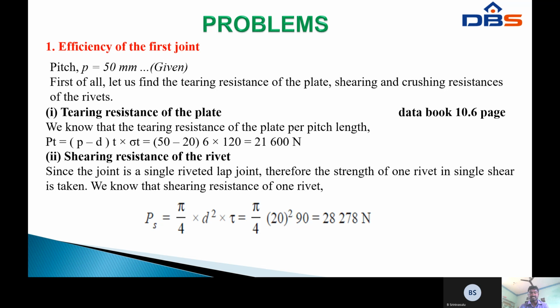First, the tearing resistance of the plate per pitch length, from data book page number 10.6: Pt equals p minus d into t into sigma t. This formula is taken from data book page 10.6. That equals 50 minus 20 into 6 into 120, that is 21,600